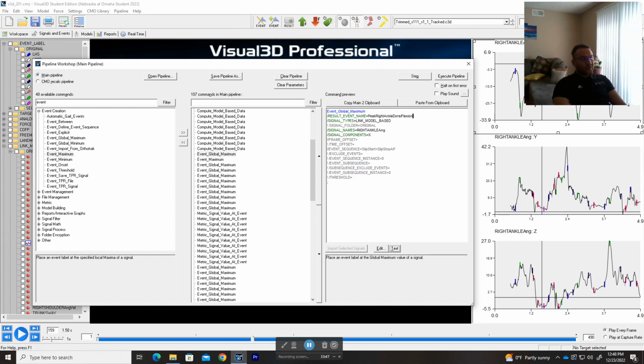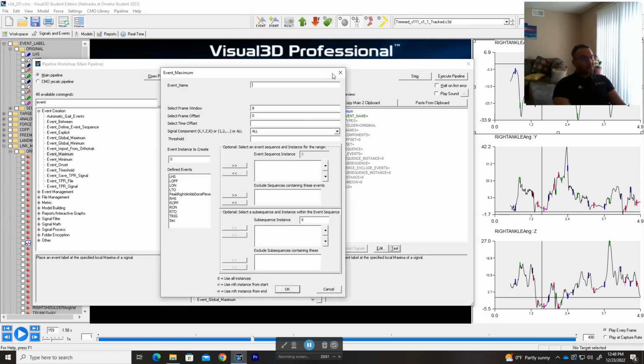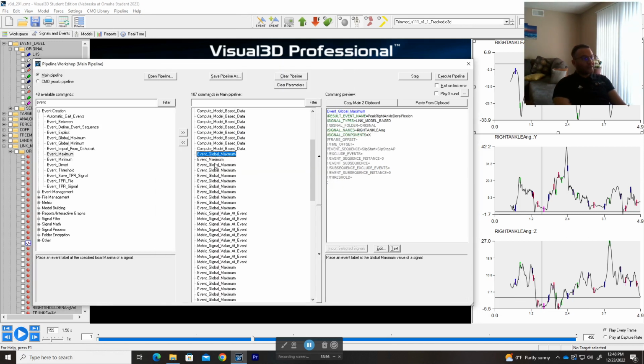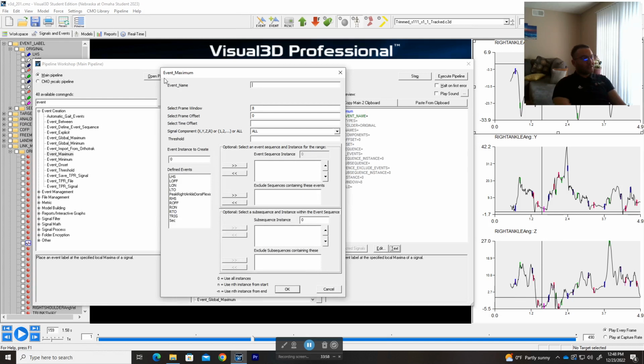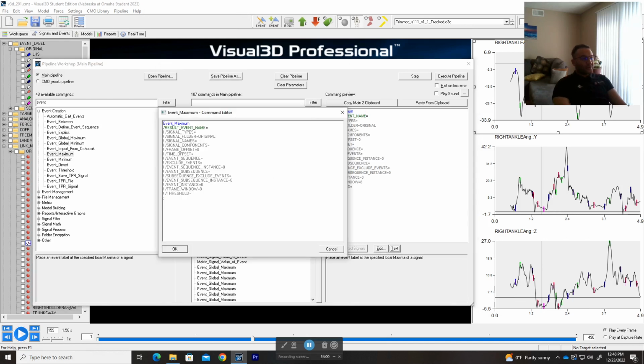So what I'm gonna do is copy the same name. So it's basically the same. See, it's the same outlook, but one is event global maximum and one is event maximum, and you see it here on the top. So I'm just gonna go here and then here, but I'm gonna do peak right ankle dorsiflexion local, and for the signal type,